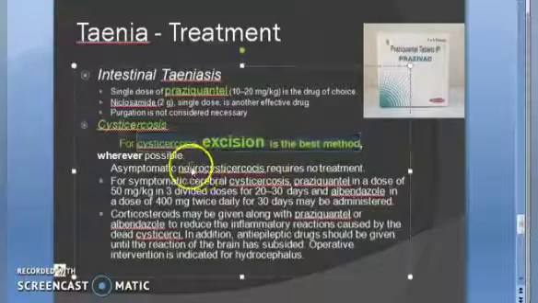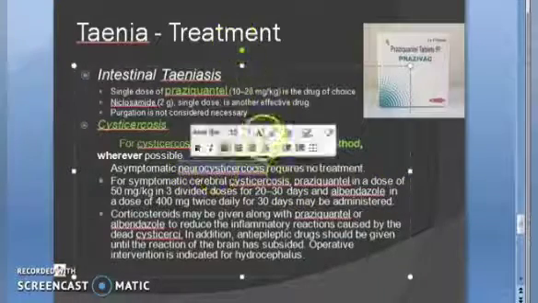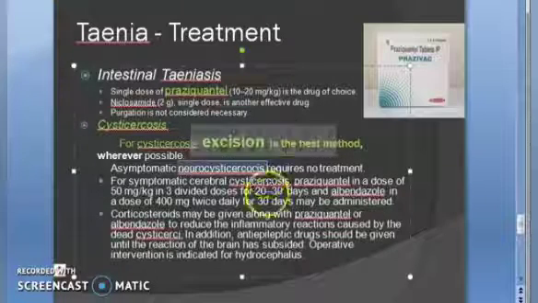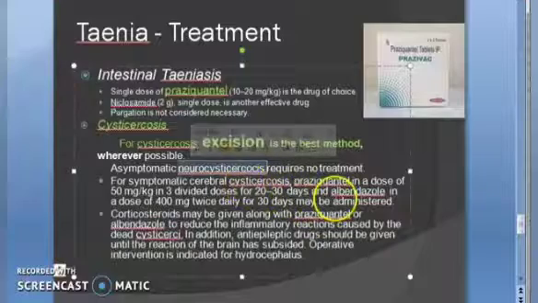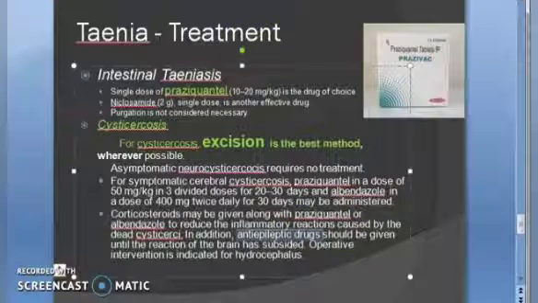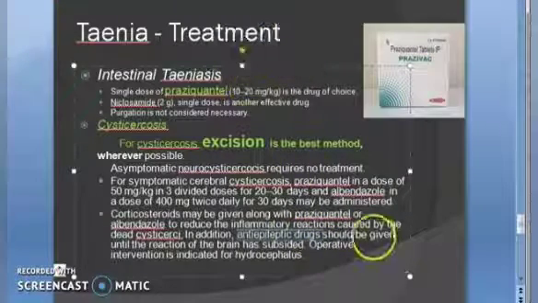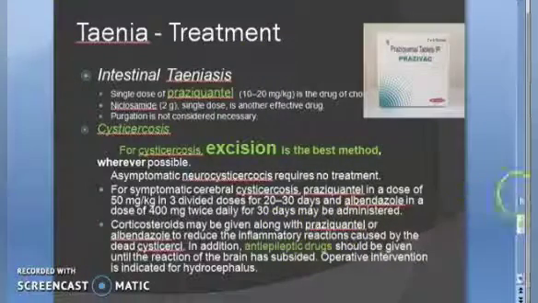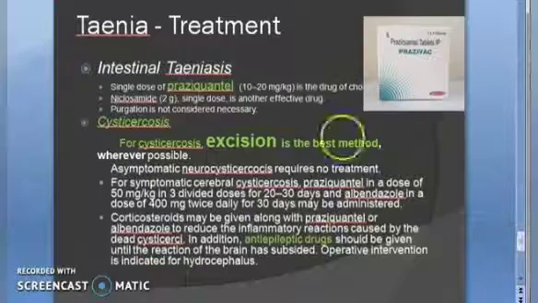Okay. Neurocysticercosis is usually asymptomatic, so obviously they won't give treatment because they don't know it is there. But otherwise you can give anti-epileptic drugs if there is neurocysticercosis. Okay. Let's not go into too much detail about this.